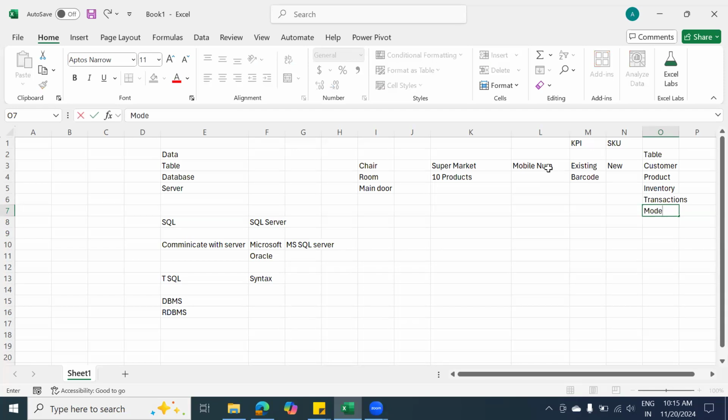Mode of payment, I may save in another table. So finally, you will be billed and the customer will walk out. Am I correct? I think everybody knows this scenario. If you simply talk about the supermarket scenario, guys, at the back end, we have this entire process.